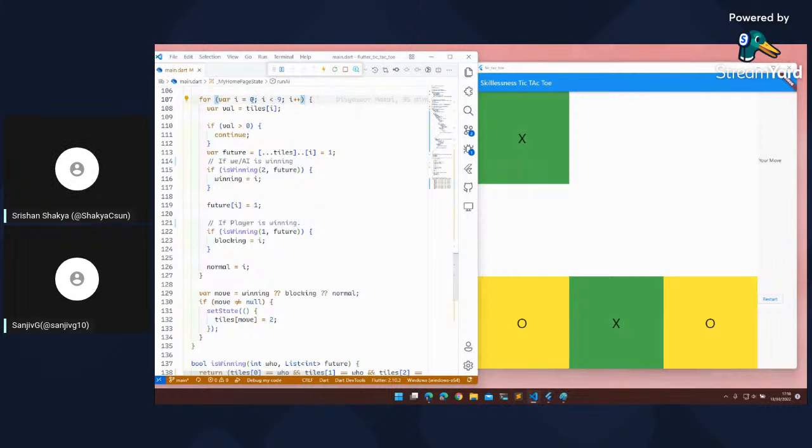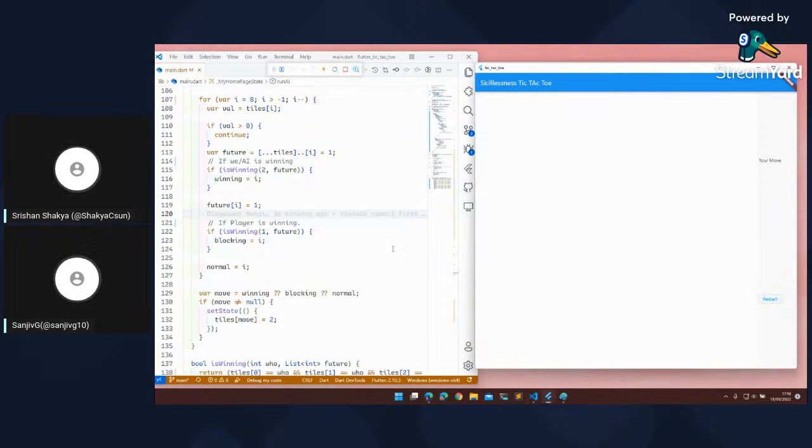Maybe if I change this logic to something like less than or greater than, what do you think this will do? It will go from index 8 to 0. So I think the AI will always pick the first available square if we do this.